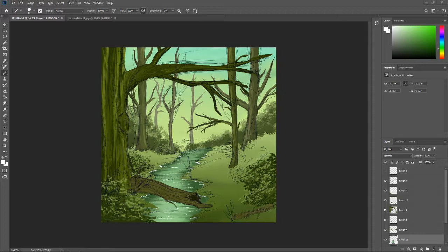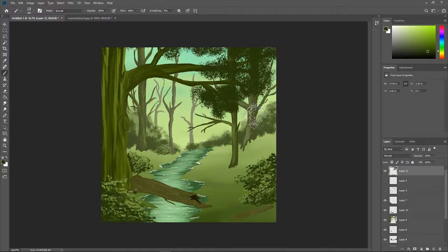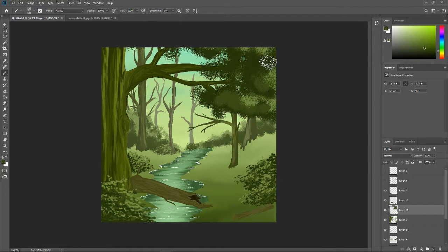I'm trying to add a grassy texture now. I kind of scrap it because at the moment it feels like I'm trying to draw every blade of grass, which is of course completely unsustainable. So I do try something a little bit different with that. I'm using a pastel brush for the foliage. So I'm doing the foliage now with a pastel-y kind of brush, and I decide that I don't love it